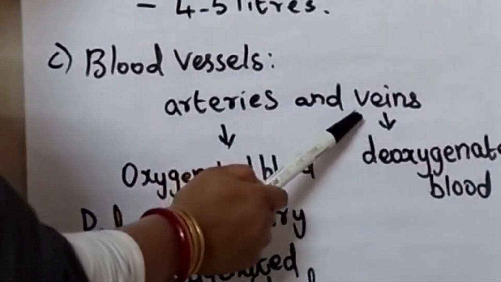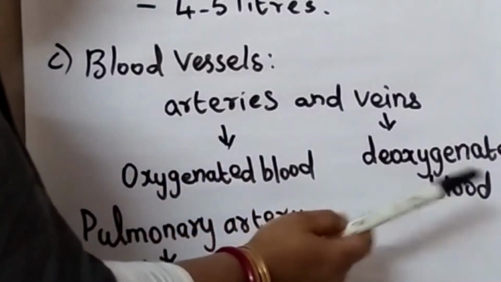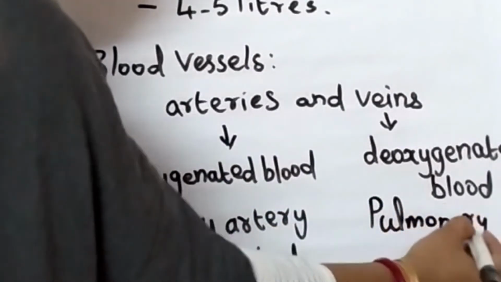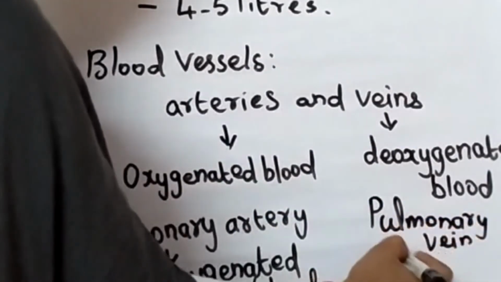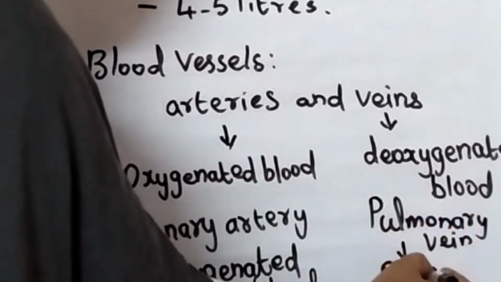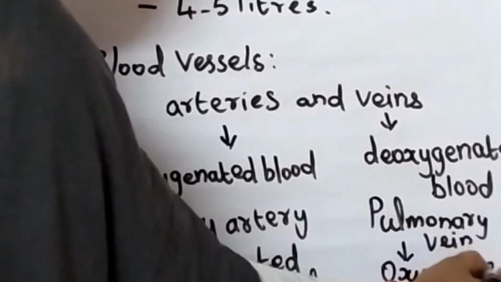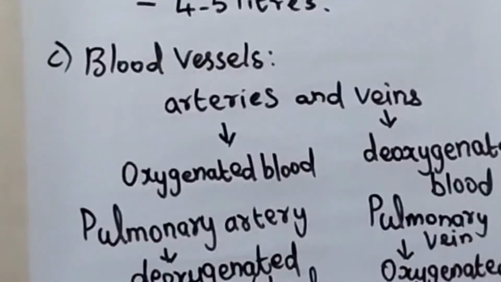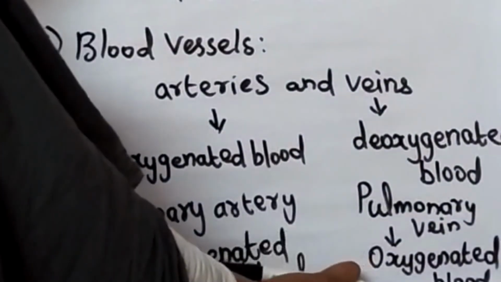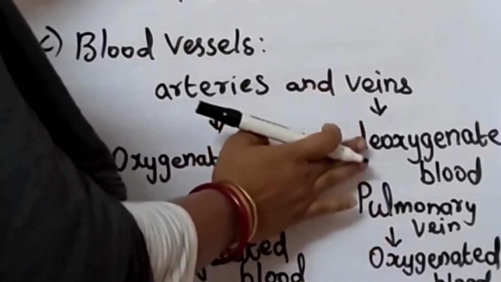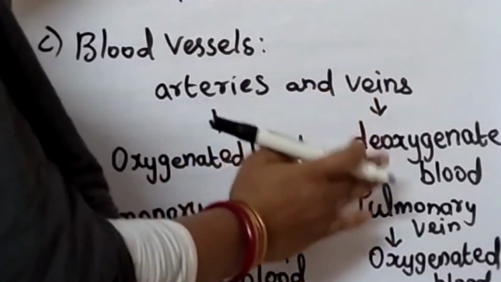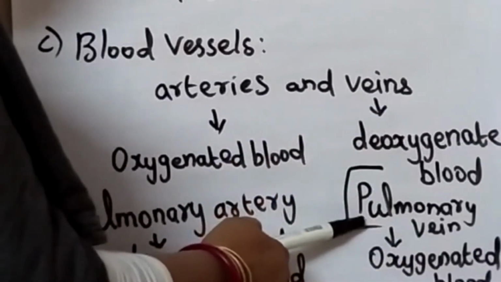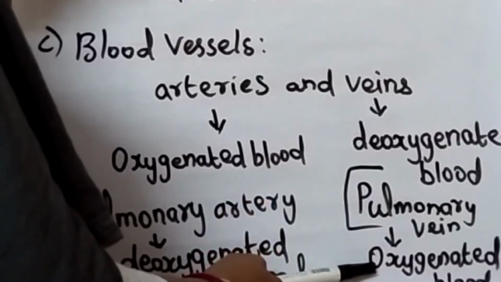Here, generally veins carry deoxygenated blood, except the pulmonary vein, which carries oxygenated blood to the heart. Generally veins carry only deoxygenated blood, except the pulmonary vein. The pulmonary vein carries oxygenated blood to the heart, then